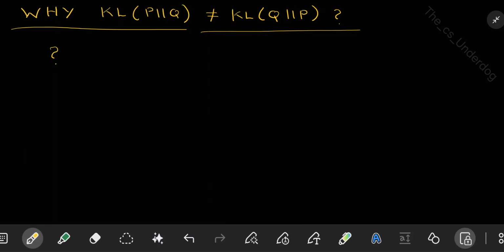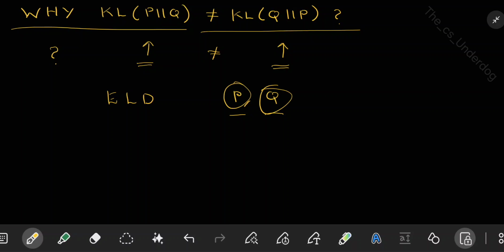Why KL divergence of Q from P is not equal to KL divergence of P from Q. When you learned about KL divergence, you would have learned that it measures the expected logarithmic difference between two probability distributions. Here we are taking P and Q as two probability distributions. Then you can have this doubt that if it is anyway finding the difference between this distribution and this distribution,